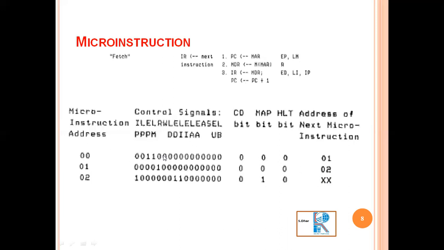Clear? So here I have shown you, this is a micro instruction address, this is the control signal, and these are the 3 most signal, one is the map. Here all other things, condition bit and map, are 0, but here map is 1. That means when map is 1, the processor has to jump to the particular address of the micro instruction. Here the address will be given after the decoding. Clear? That means when it finds that this is a map 1, it has to jump to the address